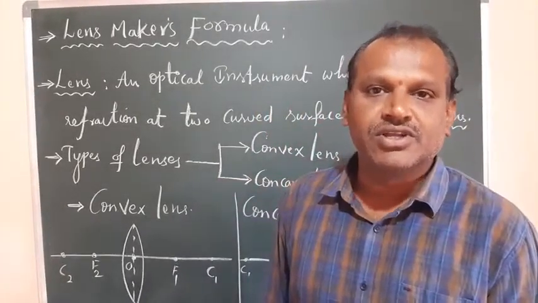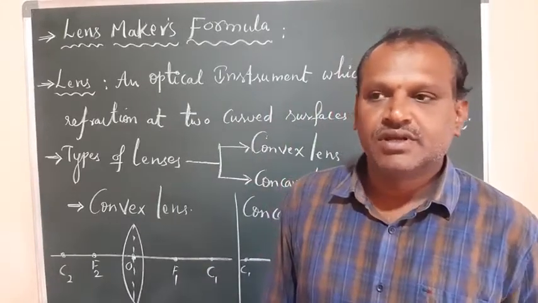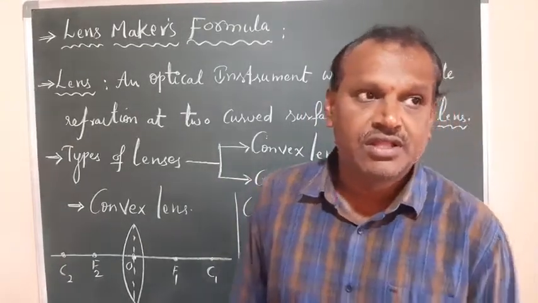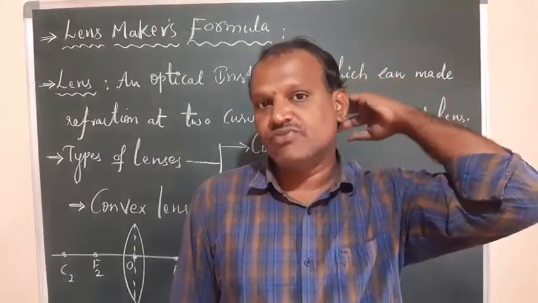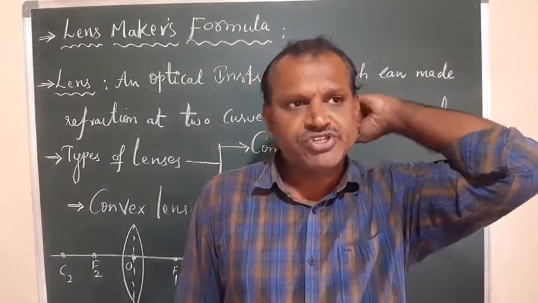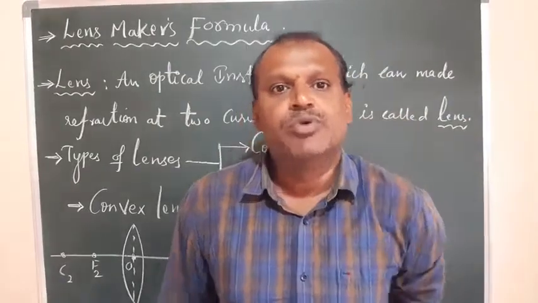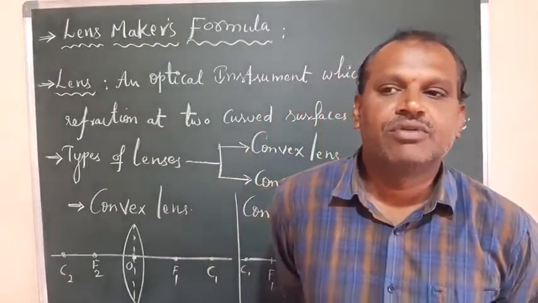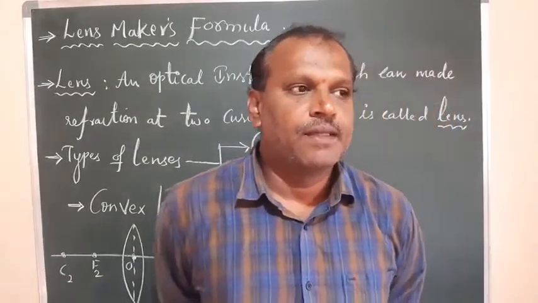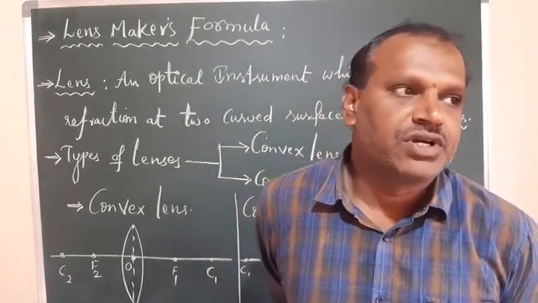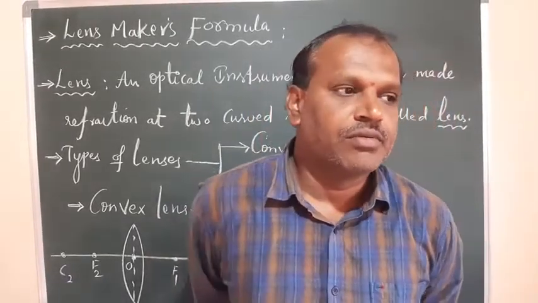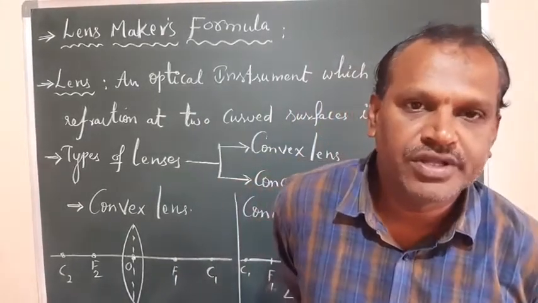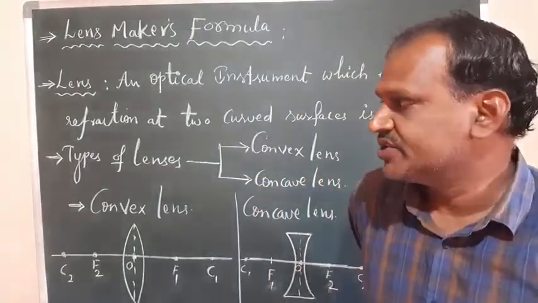Capital R. So mu1, mu2, u, v, and R. That relation is the refraction at a curved spherical surface. There the refraction is made and we get the formation of an image distance, object distance, and two media having refractive indices mu1 and mu2, and the radius of curvature of that curved surface is given as capital R. Then the equation is mu2 by v plus mu1 by u is equal to mu2 minus mu1 upon R. That is the relation we already discussed in the last class.